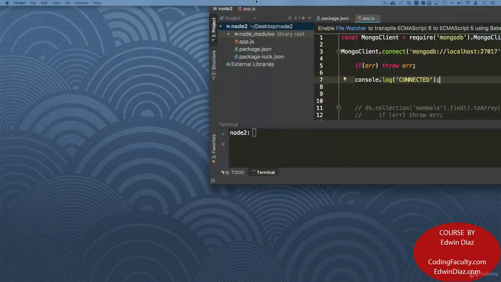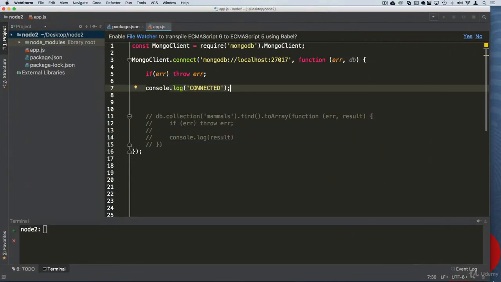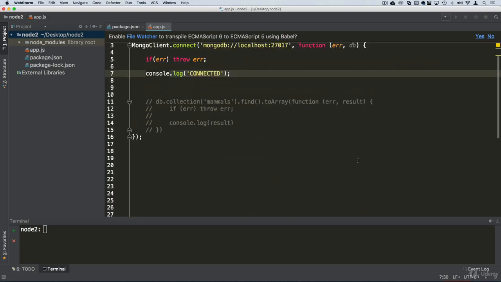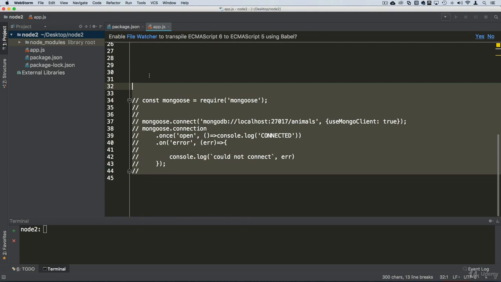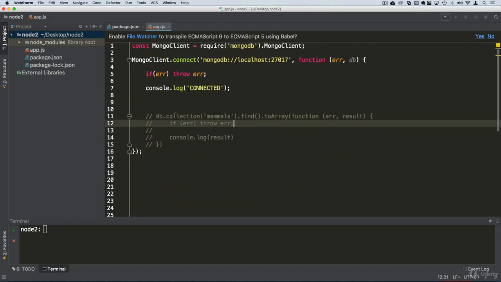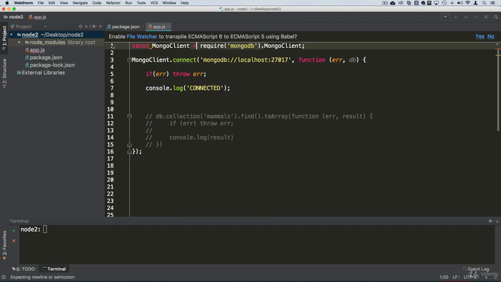So let's go back to our lectures about connecting to a database. And we were able to connect to a database, right? Using MongoDB and using the Mongoose ODM, Object Document Mapper. And this is the last time I'm going to say what it means. Object Document Mapper. Okay. So I changed the var keyword here to const just because a const is a constant,